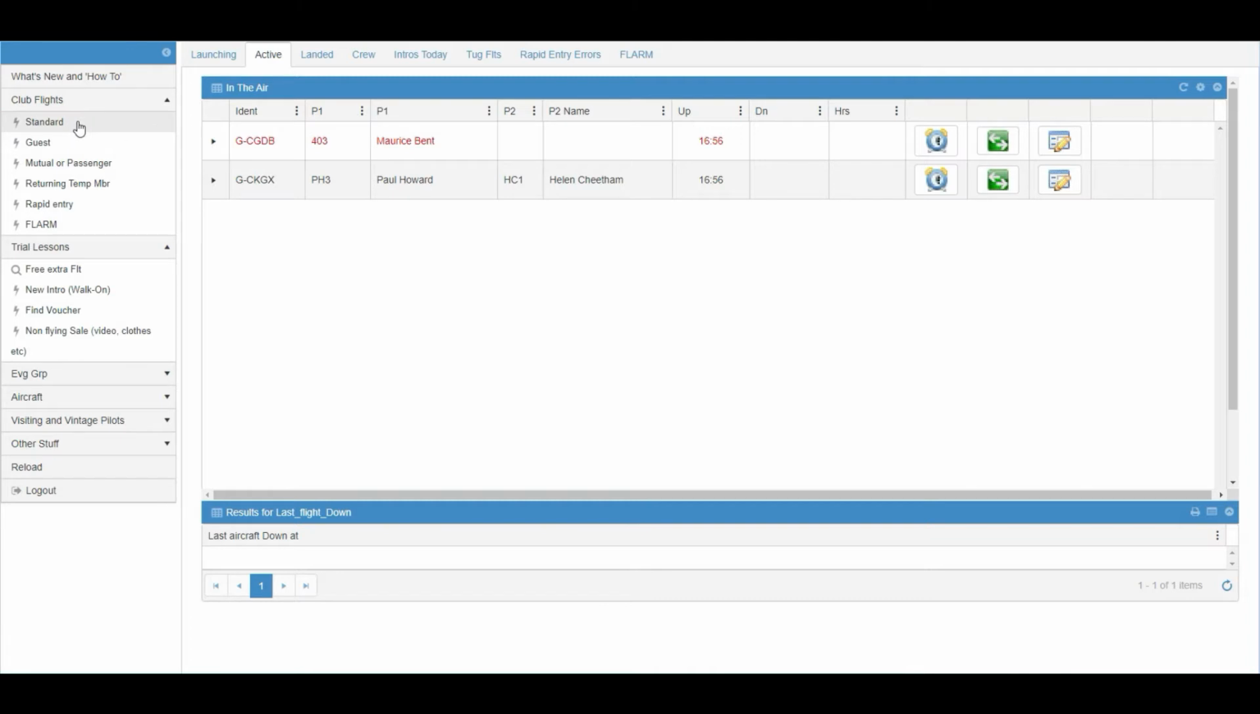Today we're going to focus on another kind of club flight, which is the guest flight. By definition, a guest is a guest of a member, and the member is going to be the person who pays for the flight, although the member himself or herself won't necessarily be the person actually doing the flying. In all other respects, entry of the flight details is identical to the other standard club flights we looked at